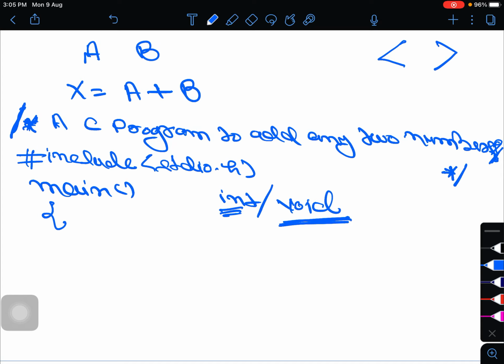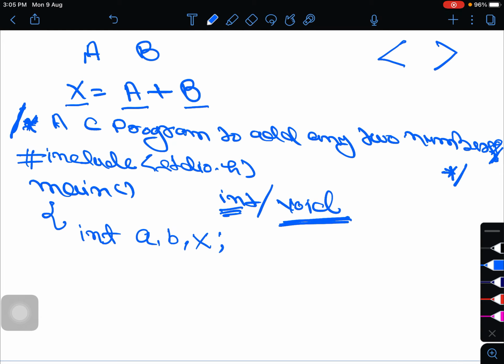Okay, and after this we will define the variables A, B and x. Suppose you have put two numbers and the values are 3 and 5.